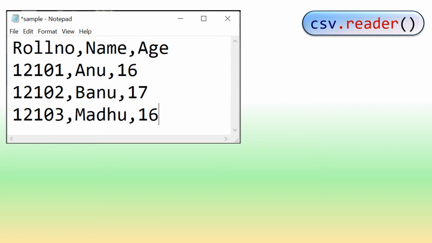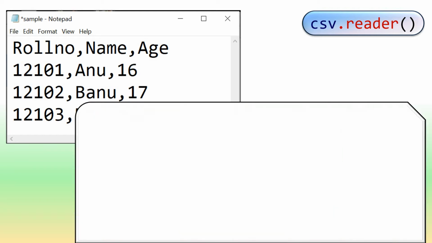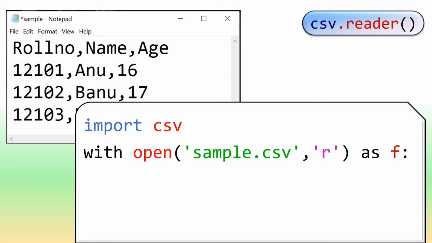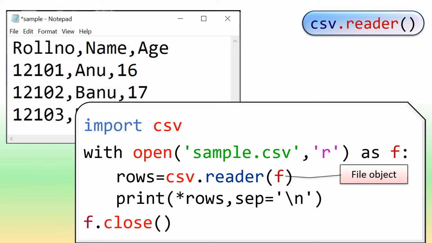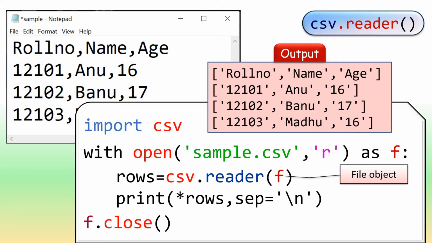To read and print the records of this CSV file, I will write the Python program: import csv, with open within parentheses sample.csv comma 'r' as f colon, rows is equal to csv.reader of f, print asterisk rows comma sep is equal to new line, f dot close. In csv.reader of f, f is the file object. This program will give the following output.